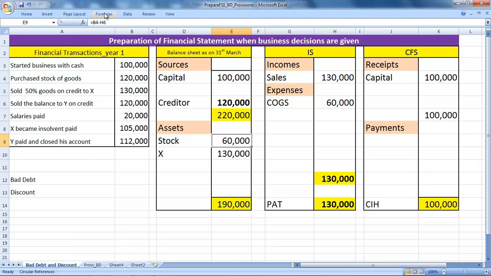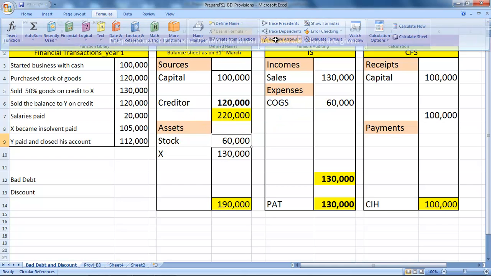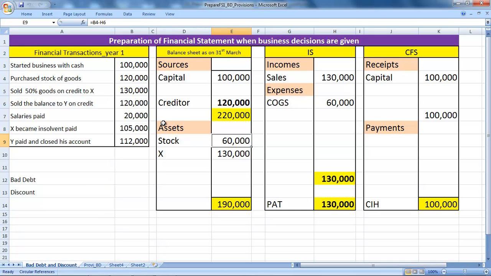If you want to see why the stock came down, you can see that we had a stock of 120, we sold 60,000 worth for 130, so stock has come down. Now you have stock of 60,000 and this stock is sold to Y once again on credit. So my sales goes up to 250,000, no receipt, but you have another person, that is Y, which is on credit and